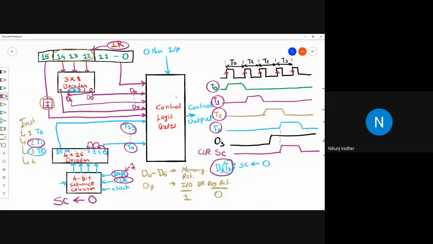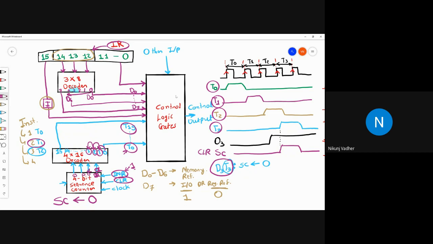So if we give 0000 over here, it will give output on T0. If we make it 0001, meaning we increment it, it will give output on T1. If we make it 0010, it will give output on T2. If we increment it to 0011, it will give output on T3.